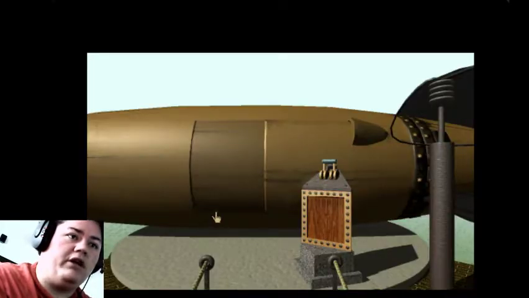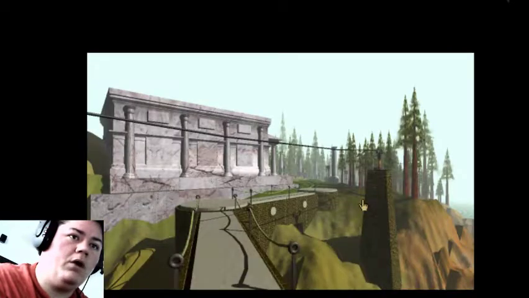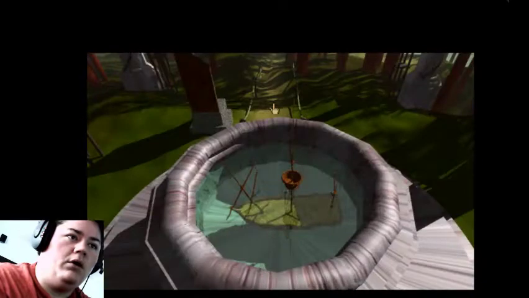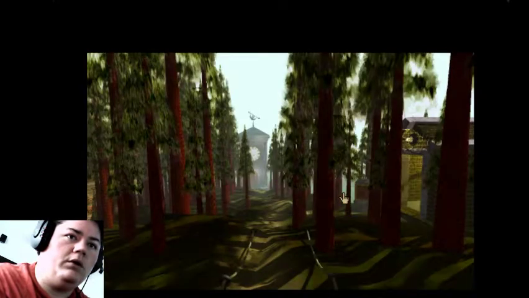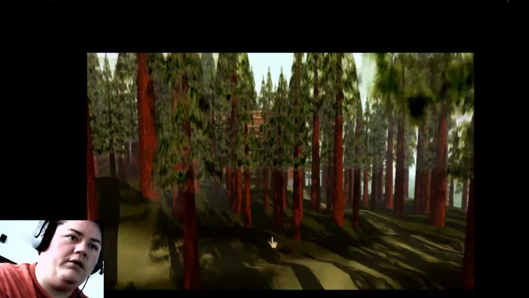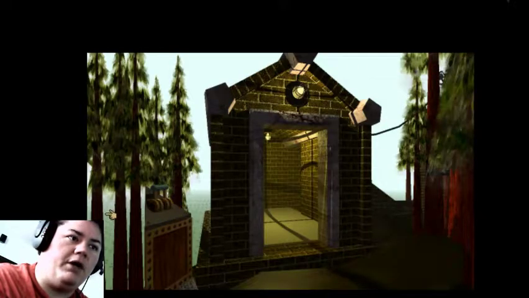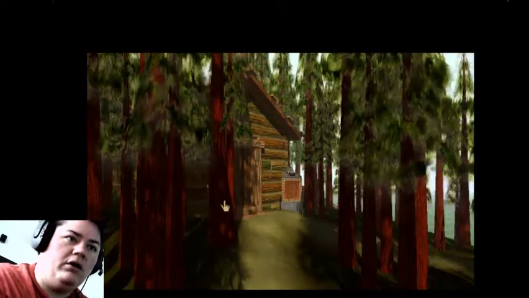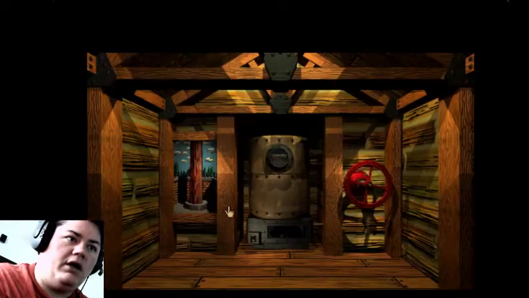So there's our rocket ship. Oop. There we go. There is our... If we can get over here. There we go. There we go. Powerhouse. Which, again, we don't have enough information for that one just yet. There we go. There's our...